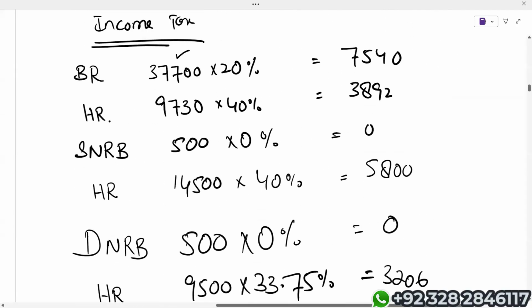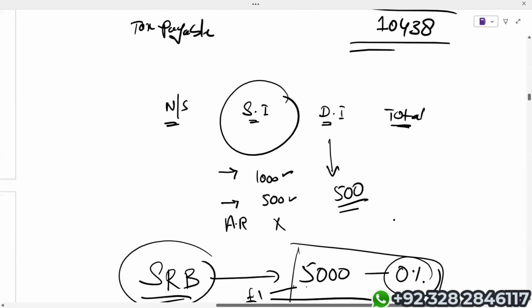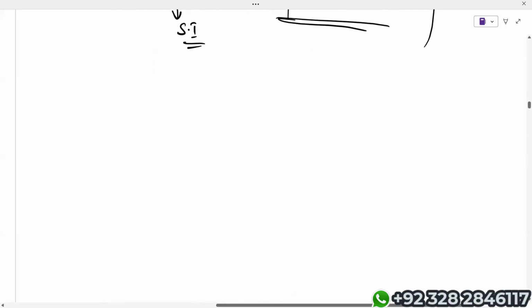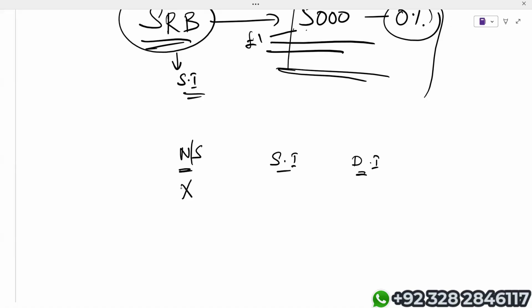Like we have solved the above question, we did not discuss anything relating to starting rate band. So come here, I'll give you the idea. We know that when we calculate income tax, first column is non-saving income. Then we go for saving income. And the last one is dividend. Now listen to me carefully. In non-saving income, whatever is the total, from that total, you will deduct the personal allowance.